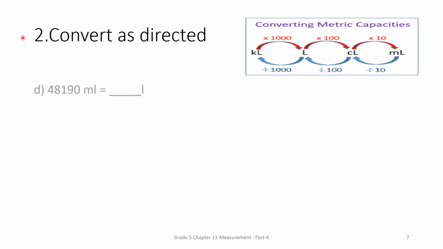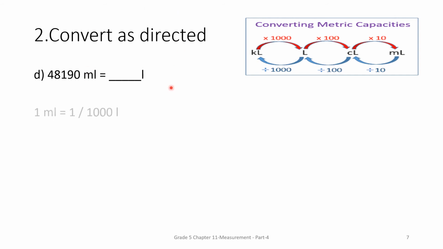So now let's start sum number D, that is 48190 milliliters equal to how much liters? Again scholars, we have to convert milliliters to liters. So for that, what we need to do? We need to divide, and we know that 1 milliliter equals 1 by 1000 liters. So how much will be 48190 milliliters? So for that we have to divide